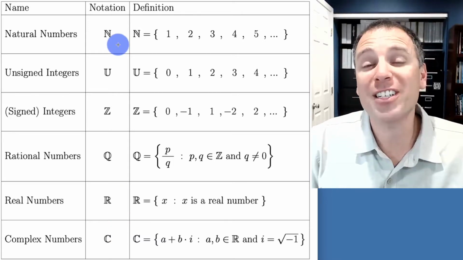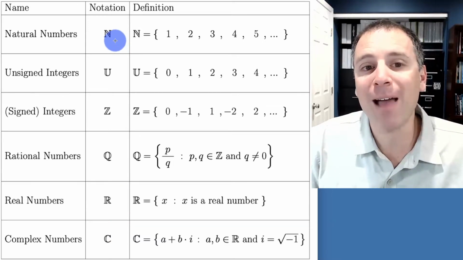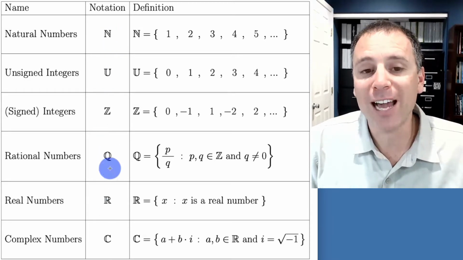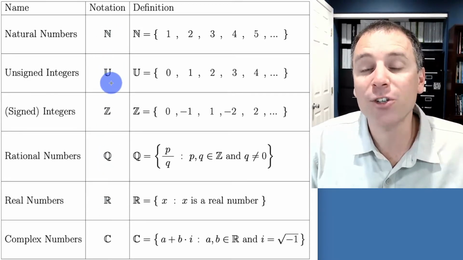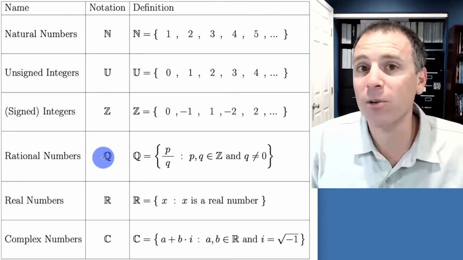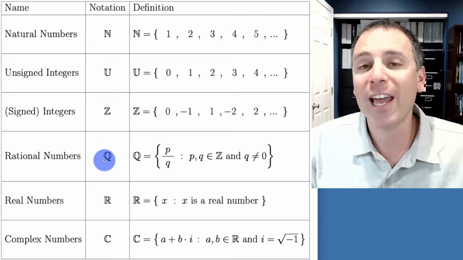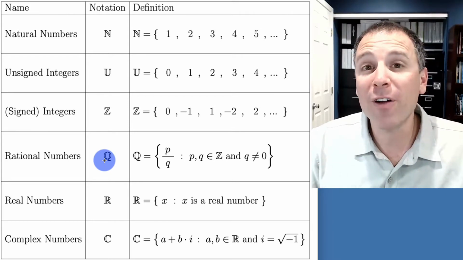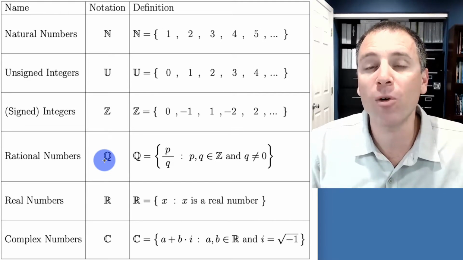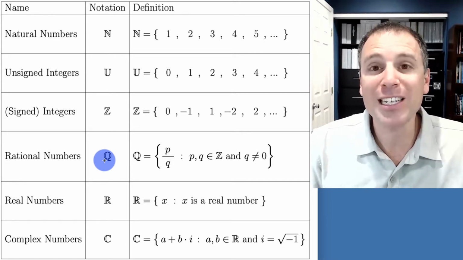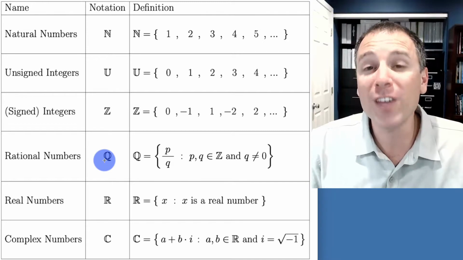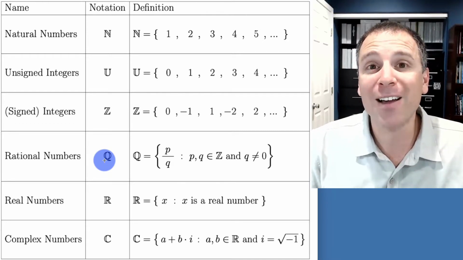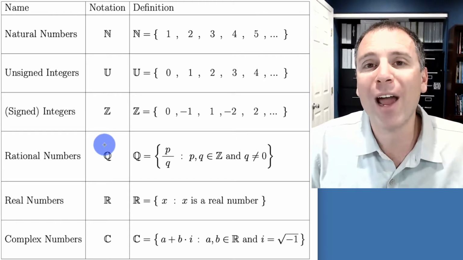What I will say is in our discussion of numeric data classes in MATLAB, these first 5 sets, the natural numbers, the unsigned integers, the signed integers, the rational numbers, and the real numbers, are going to come in very helpful as we try to understand how MATLAB is storing numeric variables within its memory system. What are the maps used to encode numeric variables? Once we understand that information, we'll have a much better idea of the accuracies and inaccuracies, in other words, the features of MATLAB numeric data, and how we can take advantage of that while we write computational code.